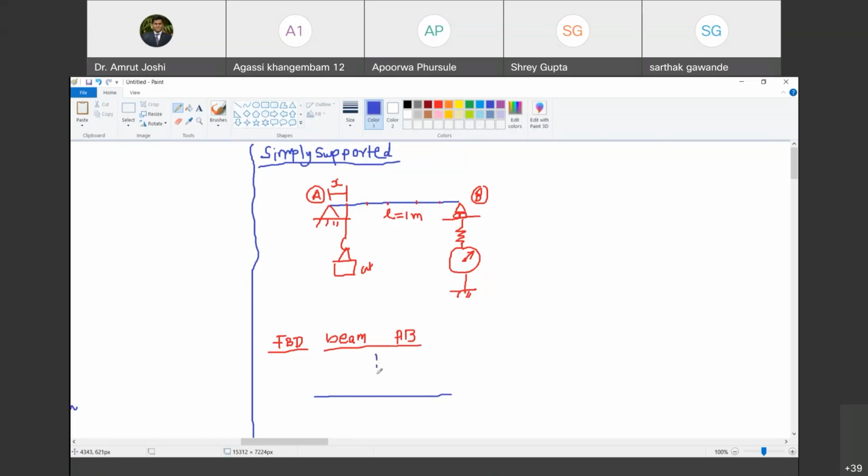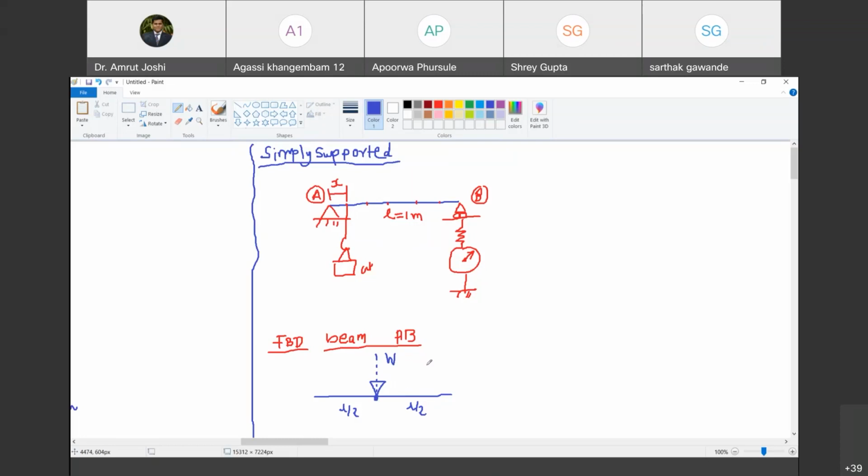Do you agree with me? Yes, sir. That self weight is going to pass through its CG. We have not done the chapter on CG. Unit CG हमने देखा नहीं है. But you will be able to understand that it matches with the centroid and it is going to be at distance L by 2. Do you agree with me? This is the place where CG lies, and this is going to be equal to the self weight of beam, which is denoted by capital W. Yes, sir. हाँ, ये मैंने अभी दिखाया है. इसके बारे में what is centroid, what is center of gravity, what is the difference, वो सब हम बाद में देखेंगे. Are you with me?